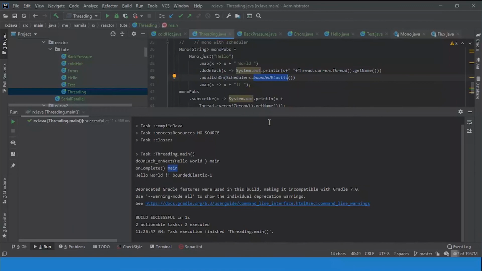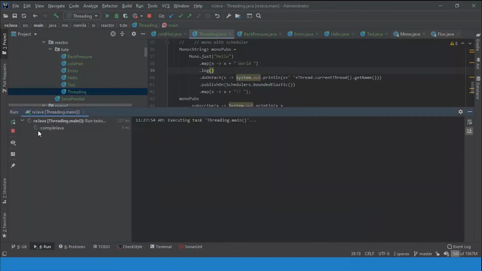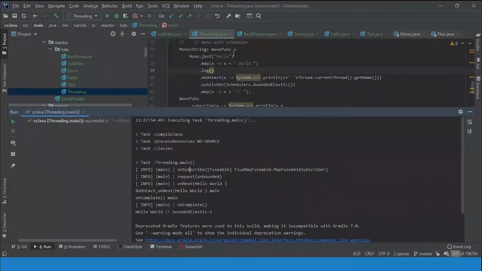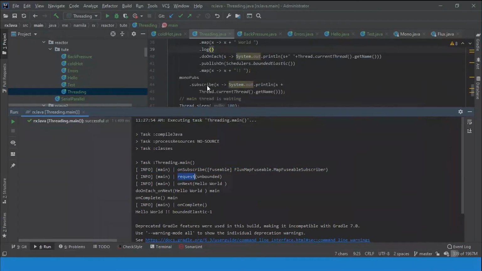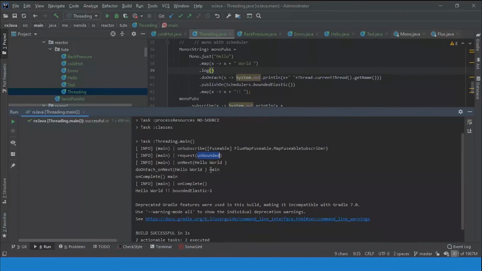So look, you can see after the log, subscribe is done on the main thread, and the subscription, as I said, once subscribe happens, it will emit a signal request for an unbounded amount because it's a mono.